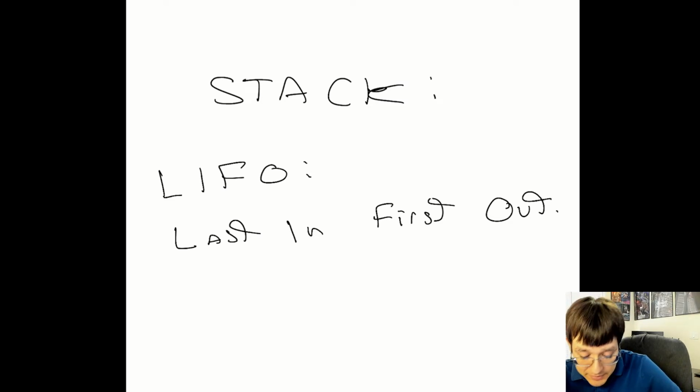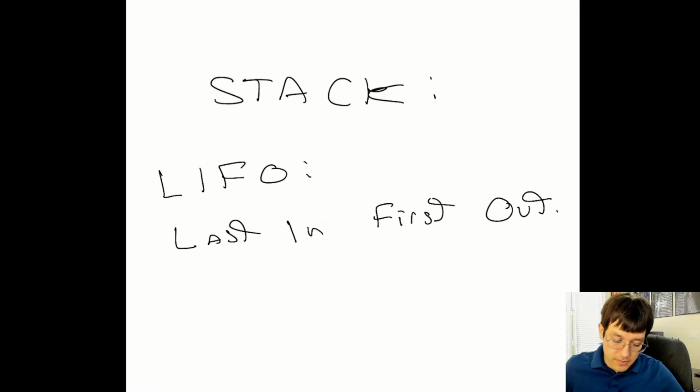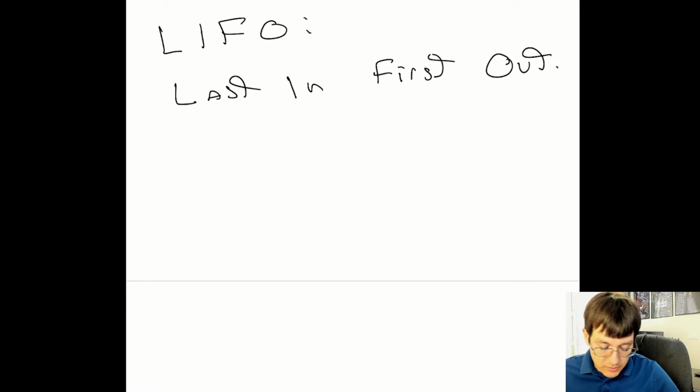But the basic idea behind the stack is that the last thing that gets inserted is going to be the first thing that comes out. So this does mean that the first thing that comes into the stack is literally going to be the last thing that ever gets pulled out, because it kind of gets hidden in the back. So an example of that is